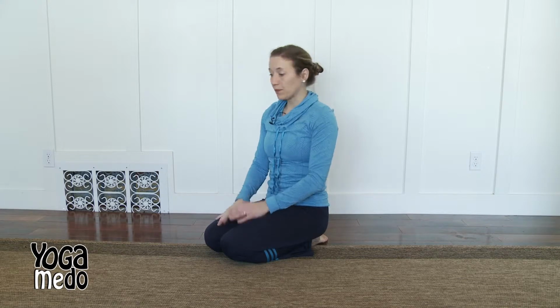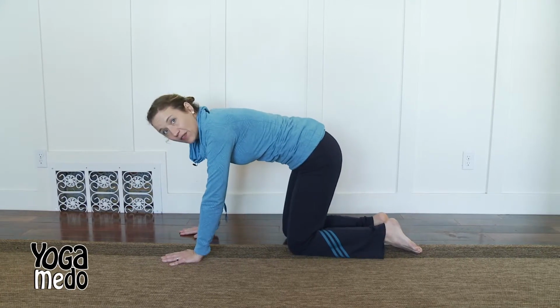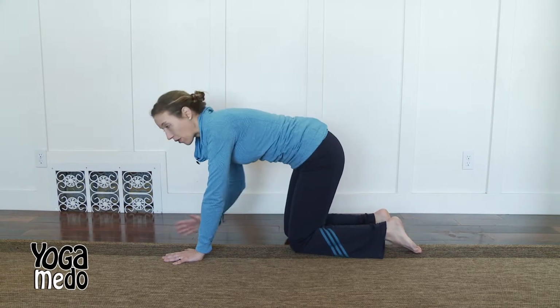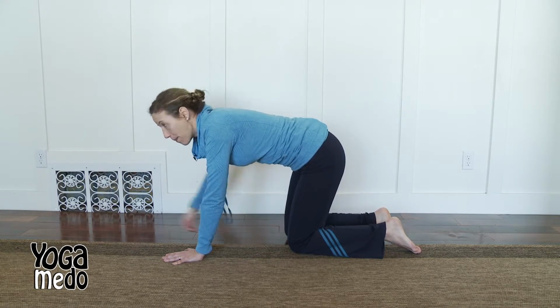Okay, now we're gonna do a pose just right on the floor where you're at. We're gonna come back into all fours, okay? Now, this is kind of a fun one because it engages both sides of the brain and we're gonna use both sides of the body, okay? All we're gonna do is take this right hand out and reach it to the front of the room, or reach it in front of you. The left leg is gonna come back,